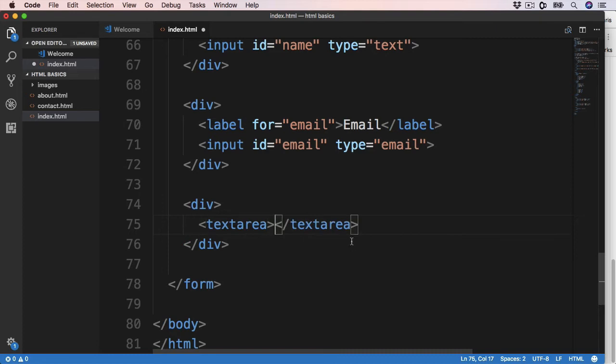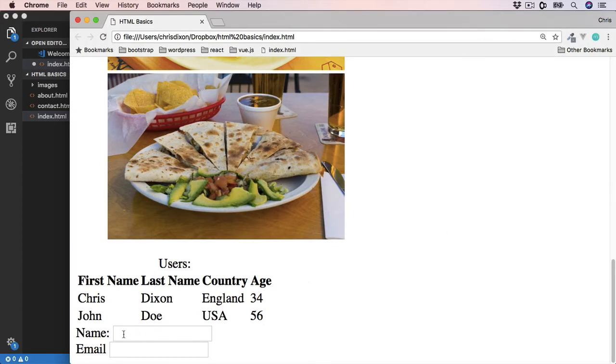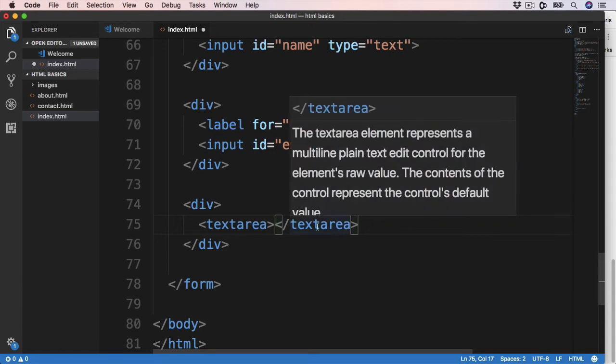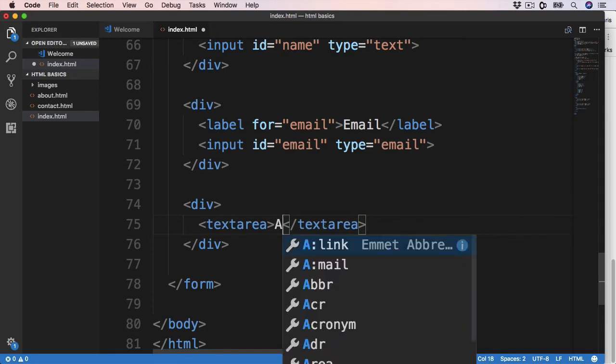Text area is different from input, because rather than having one input box, which is just basically one line, a text area can have multiple rows and columns to add more data. It also has a closing tag here too, and inside we can add some default text, such as add your message here,